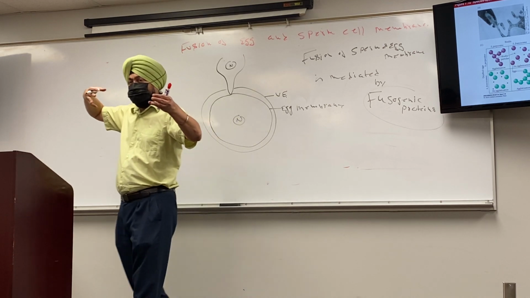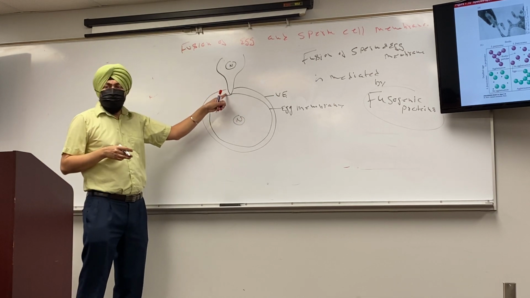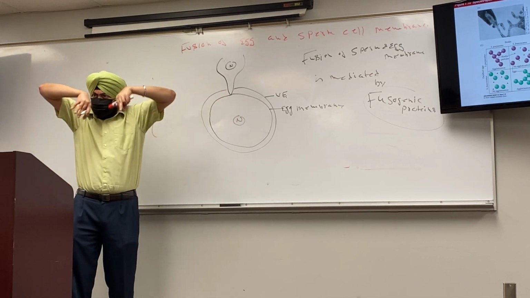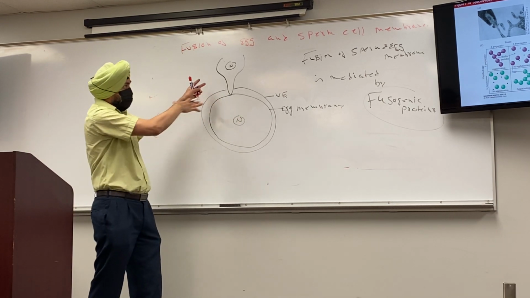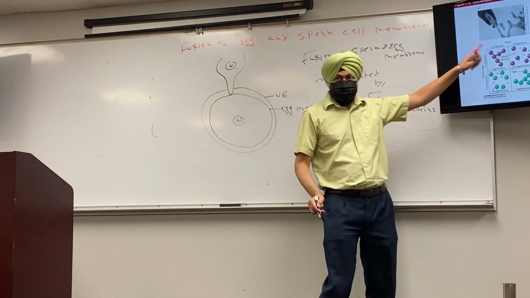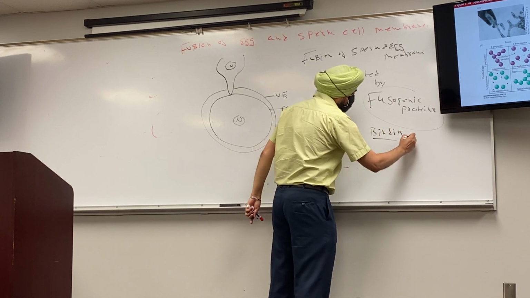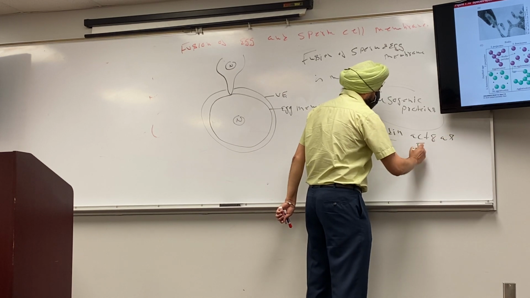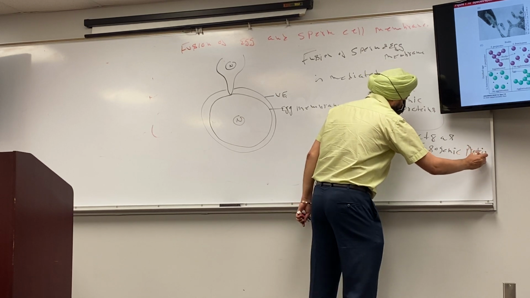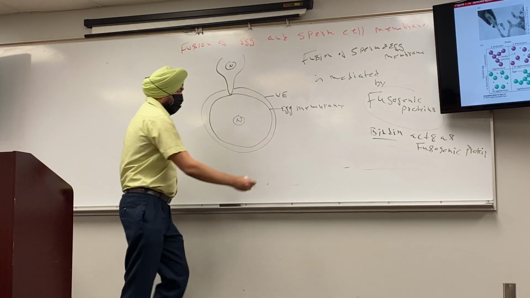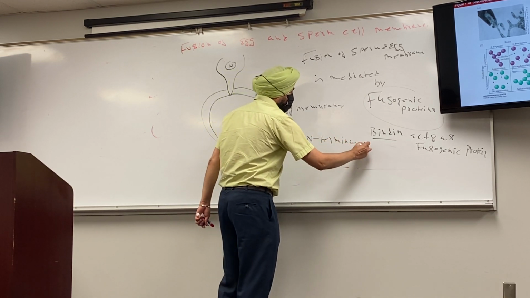Remember, membrane is lipid and proteins, right? So lipid is there, but the protein should also be able to get in so that those membranes can fuse with each other. In this particular species we are talking about, Strongylocentrotus, binding acts as a fusogenic protein. How does it occur? The N-terminus of binding